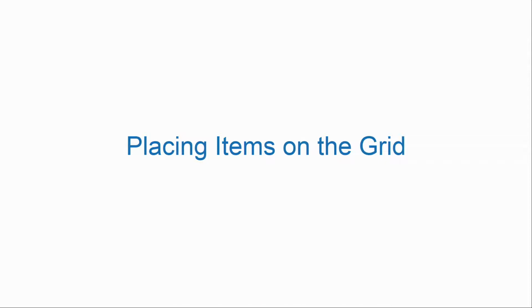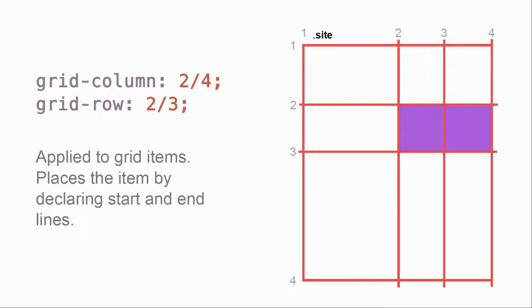Now, placing items on the grid, how do we do that? Well, we've already defined in our grid, in this example, that we're having 3 rows and 3 columns. Now, with the declarations grid-column and grid-row, these are applied to the grid items, and they place the items by actually declaring the start and end lines. So in this example,